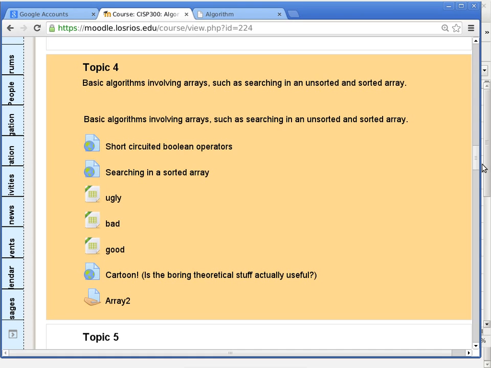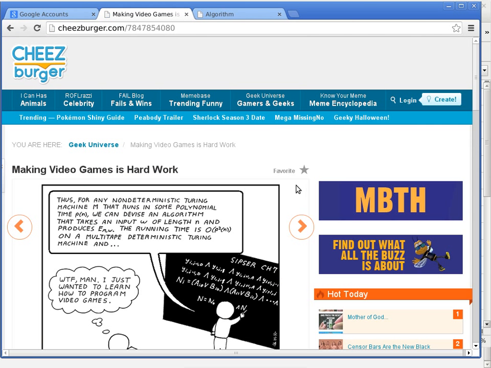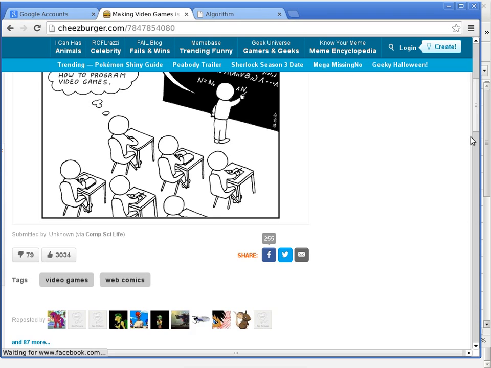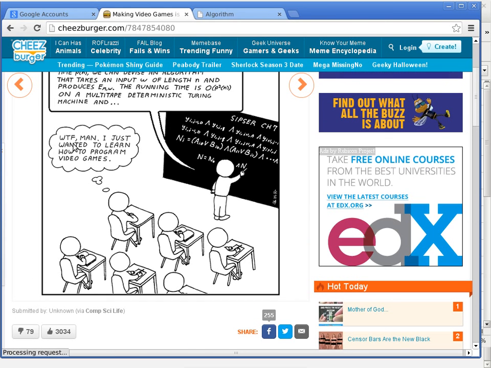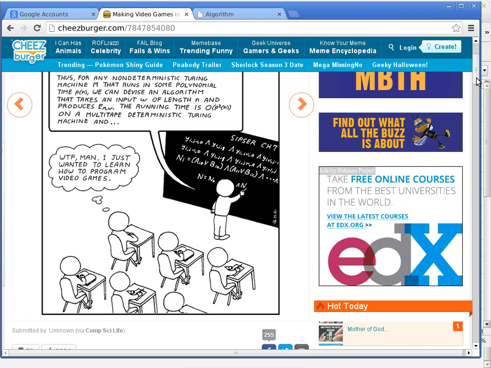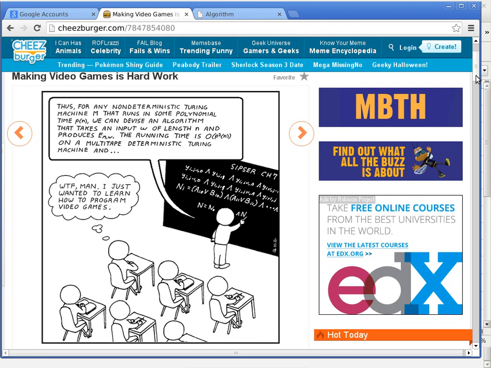Well, in that cartoon that I showed you the other day, it was okay. Let me show you the cartoon again. It's non-deterministic and polynomial time. But the student is saying, I just wanted to learn how to program video games, and I think these days it also applies to apps. Okay, if you're writing programs for mobile devices,